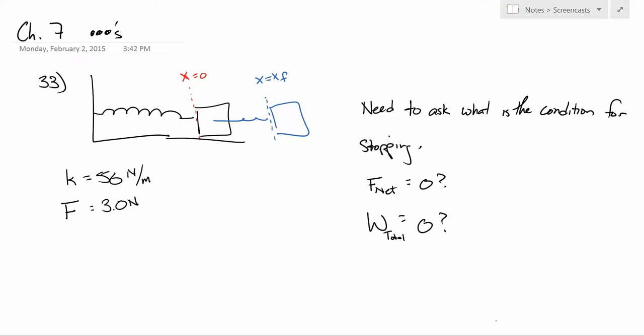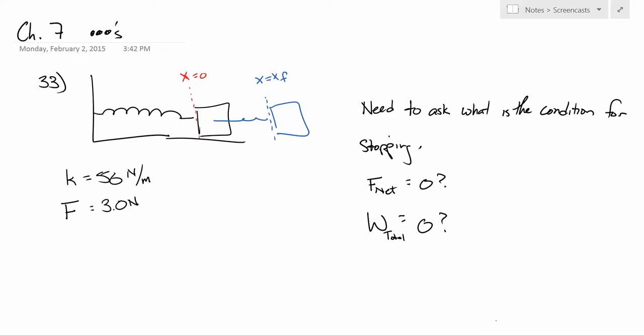Okay, there are two three-dot problems in Chapter 7 that we're looking at. The first one is number 33. We're basically pulling a block on a spring. Shockingly enough, not the same problem, but almost the same problem we've done like 3 times already. And they're asking variations on where does it stop, how much work is done, what is its maximum kinetic energy,